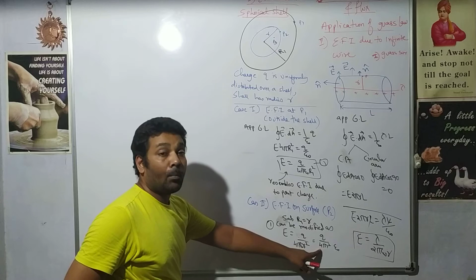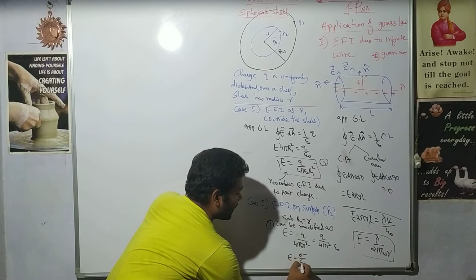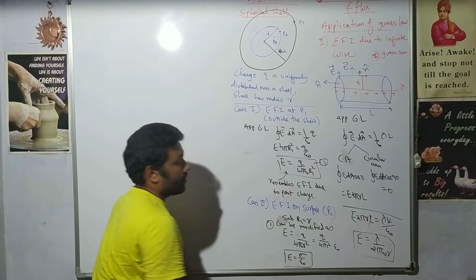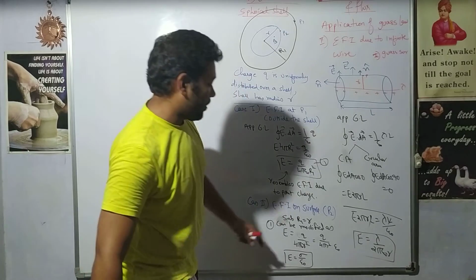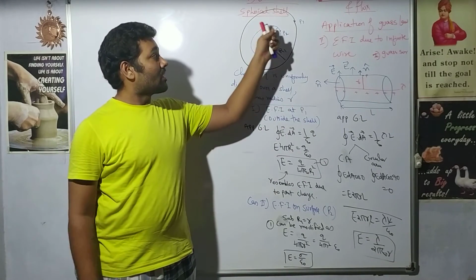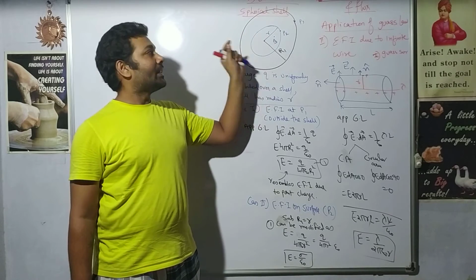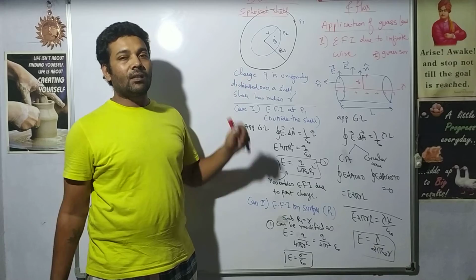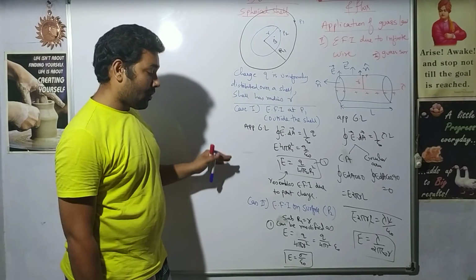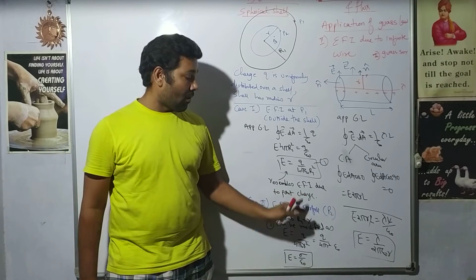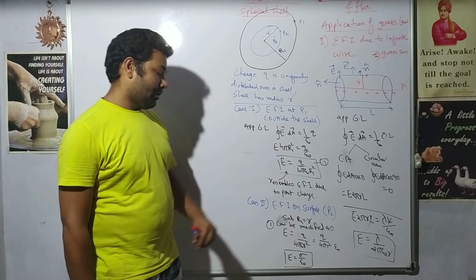This is charge upon area, so it gives the charge density. So electric field will be sigma upon epsilon naught. So electric field on the surface is sigma upon epsilon naught. Actually this is not on the surface, just above the surface. It is very difficult to calculate electric field on the surface; it is a very complicated topic. This electric field is just near the surface, but not on the surface. However, we have written on the surface. For the school level it is okay, but not for the university level.